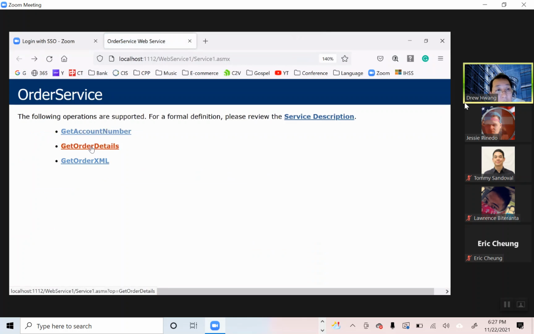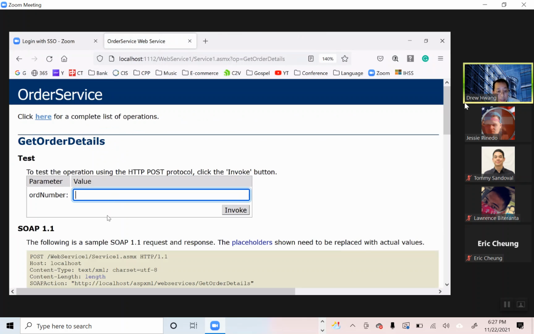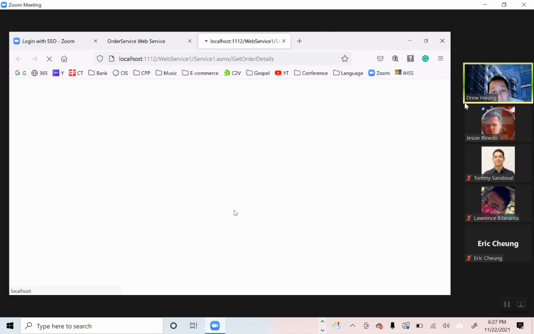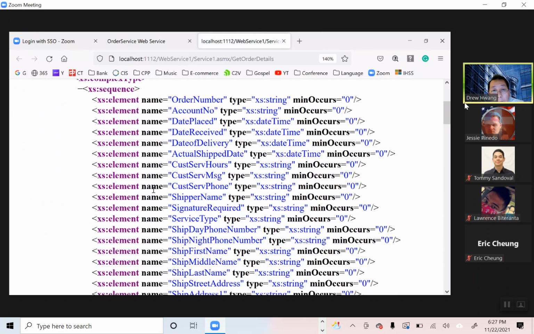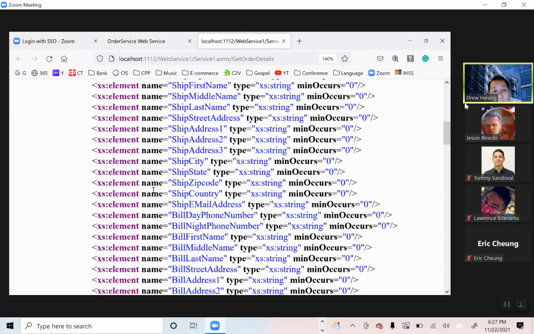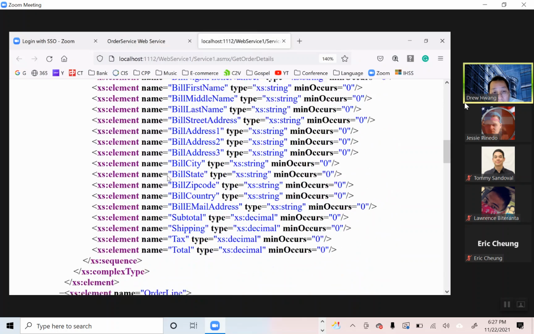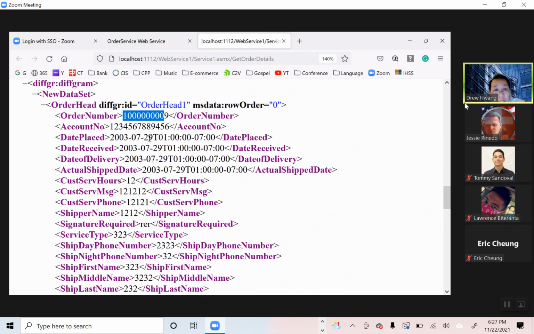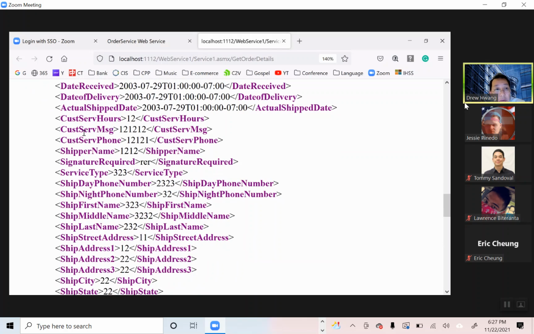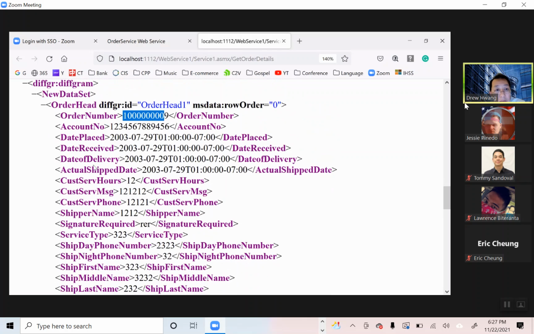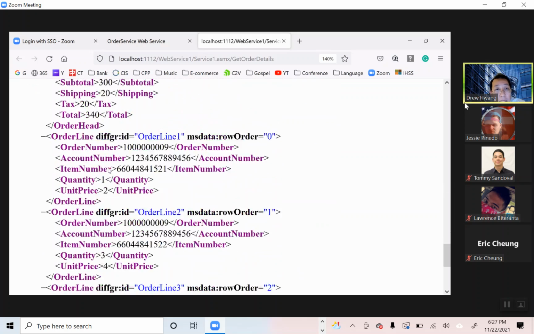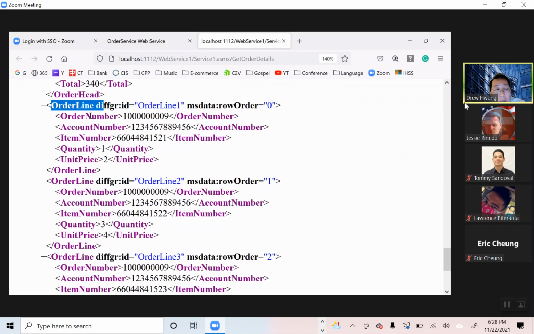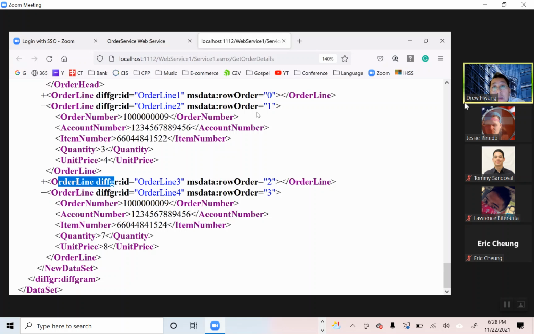And I want to get order detail. Of course, this one is a little more complicated. So invoke it. It'll give you this XML file in the browser. This is more like a data structure. If you read the XML file, it's very similar to a table. Here's one order, this is the order head table. You have the account number, date play, date receive, date delivery, actual ship date, a lot of very detailed fields. And then down here we have the order line. And then the third,